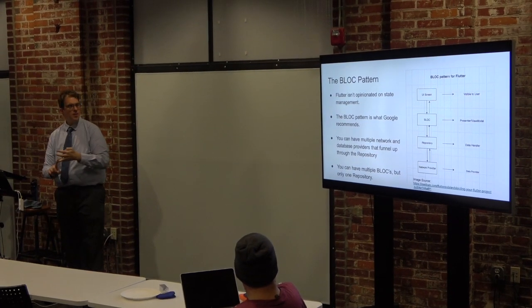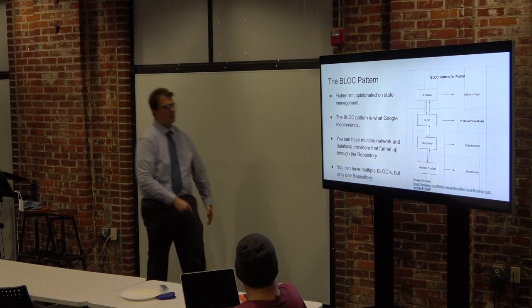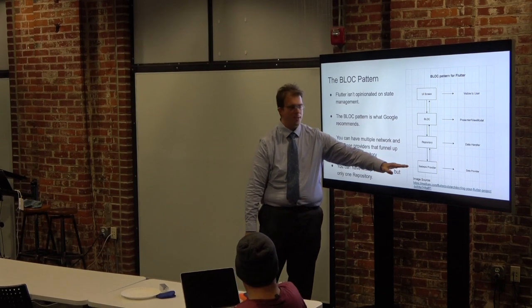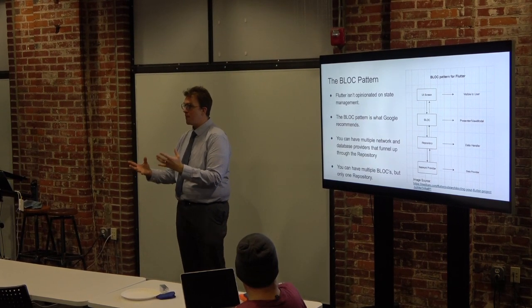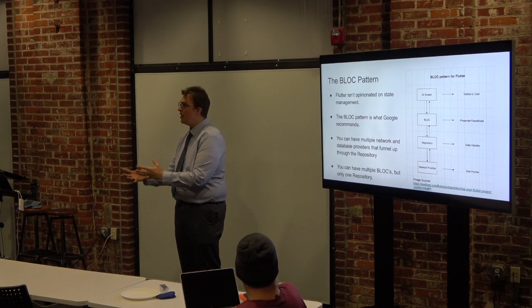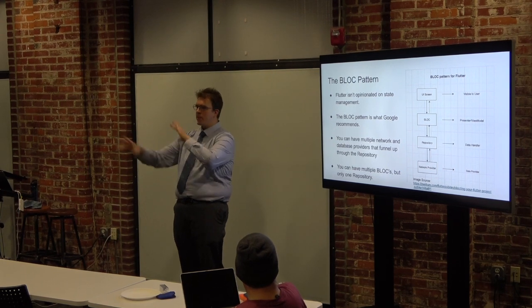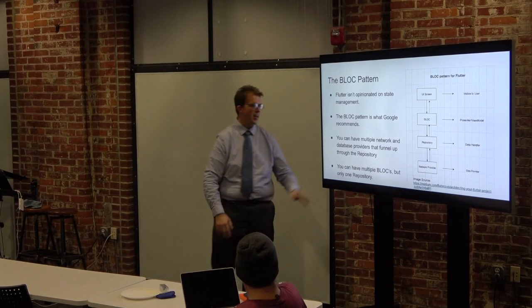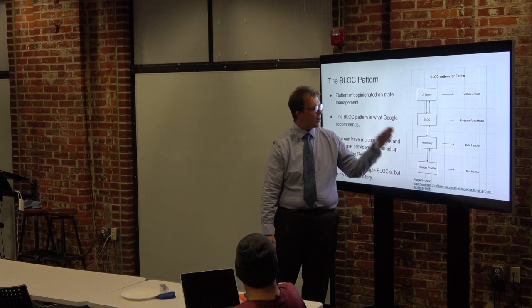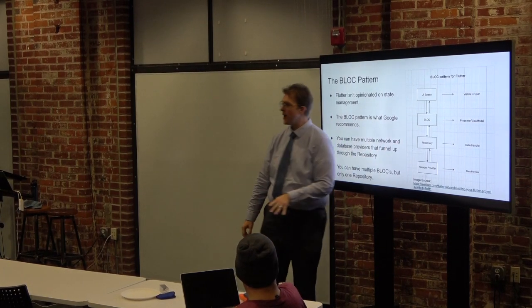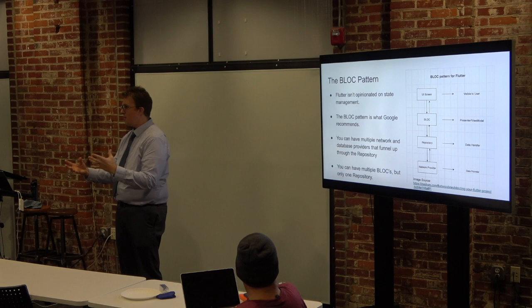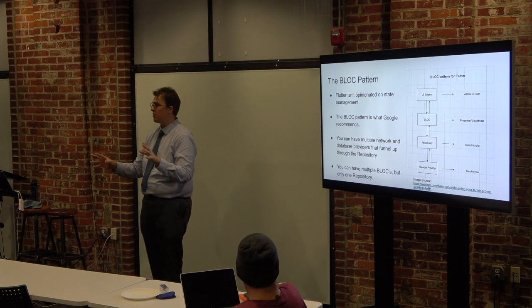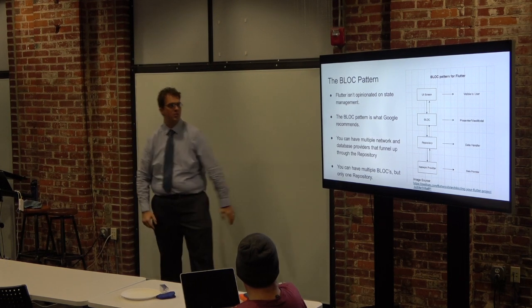And so essentially, the way the bloc pattern works is at the very bottom, you have your providers. So if your app has an internal database, that's going to be a database provider. If it needs to make an API call, you've got a network provider for that API call. Whatever is reaching outside, you've got a provider. All those providers feed into one single repository. So that repository becomes your single source of truth. That repository holds all the data. So I know some of you React people will love the phrase single source of truth. Your repository is your single source of truth for all data. Everything eventually comes back to that repository.